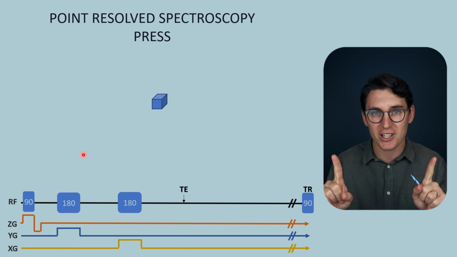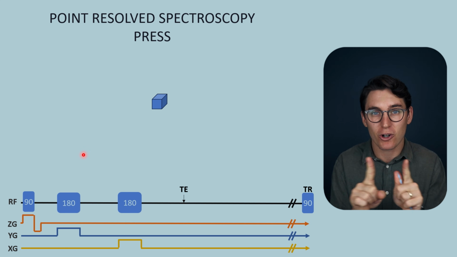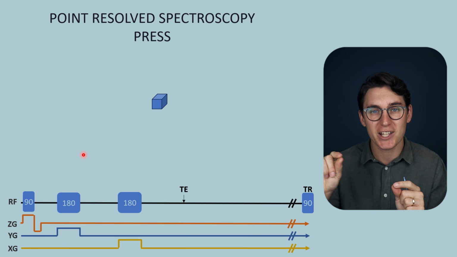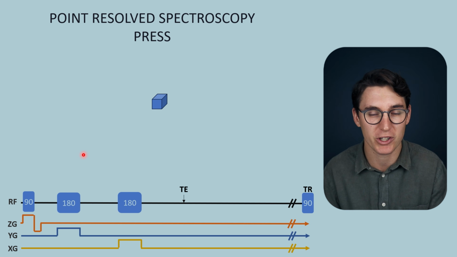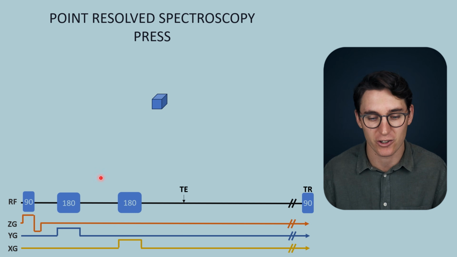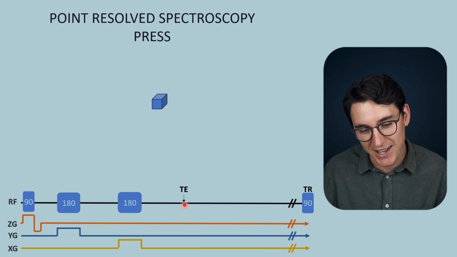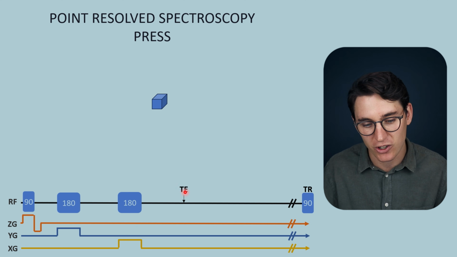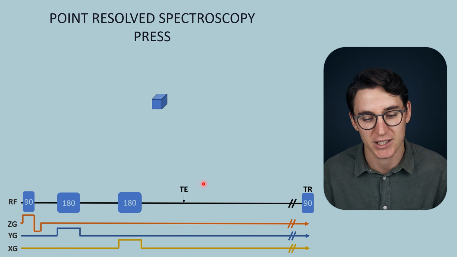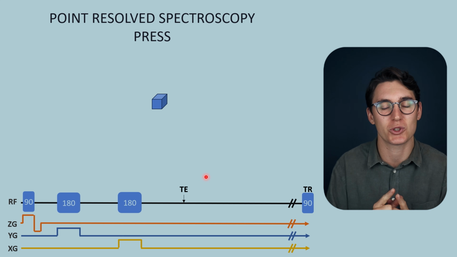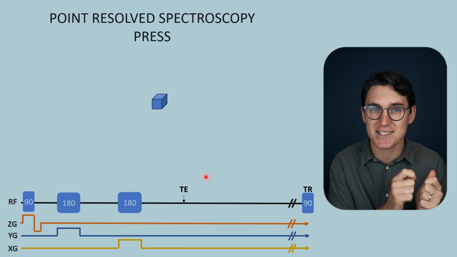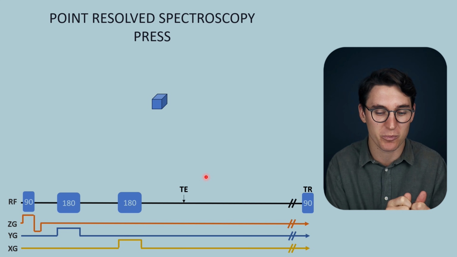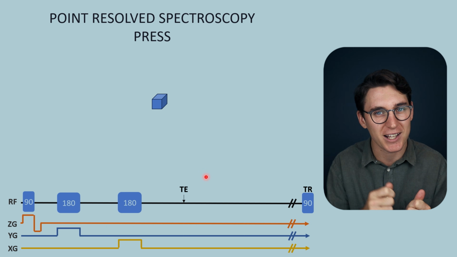And remember, when we looked at 90-degree RF pulses that were close to one another, we generate what's known as stimulated echoes. And we can also use those stimulated echoes to read out our signal, allowing us to get a shorter TE. One of the problems with PRESS images is that we can't get very, very short TEs. And there are occasions when we need shorter TEs. And using that STEAM, stimulated echo acquisition mode, we can get a shorter TE, but that comes at the cost